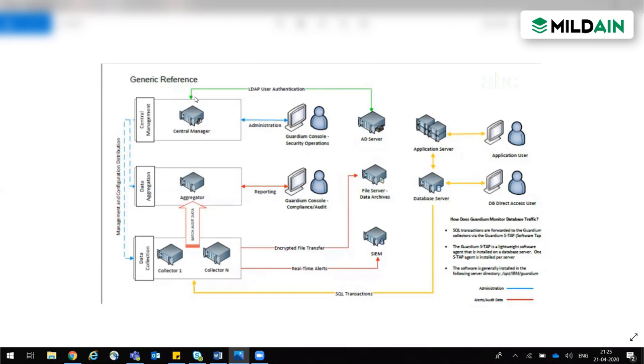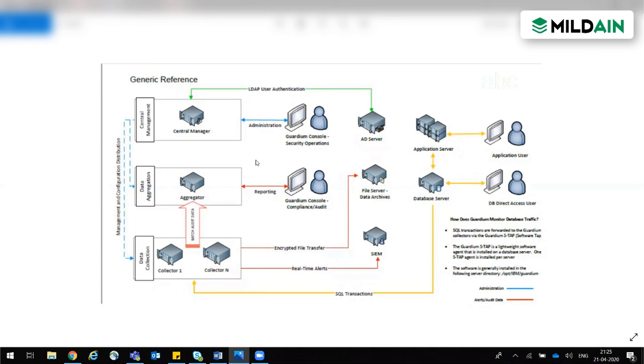AD servers manage the users. Guardian can manage the user accesses, but for authentication purposes we use LDAP. It depends on you. You can locally onboard the users as well, and generally the environments have AD servers. We can use the AD server, or we can use Radius, and multiple options are available. Sorry, I don't understand the AD server part. What does the AD server do?